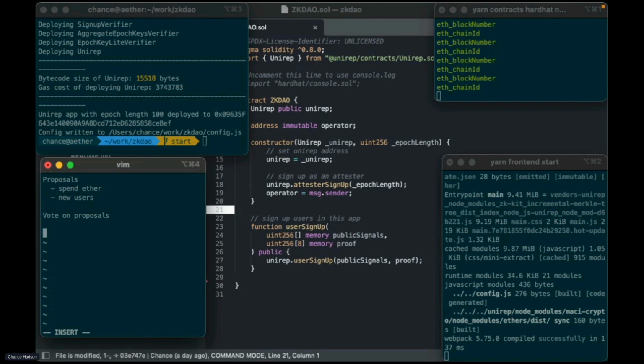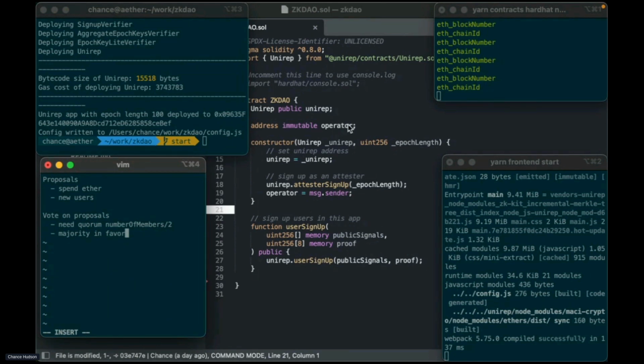The rules for a proposal passing is that a quorum of users need to participate, and the majority of the voters need to be in favor of the proposal. So you need a quorum, which will just be the number of members divided by 2, and a majority in favor.